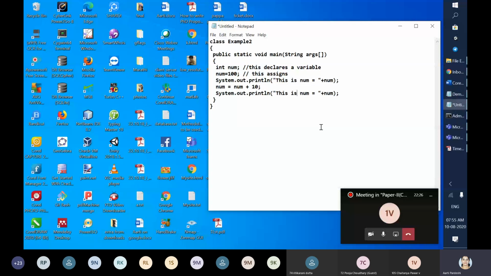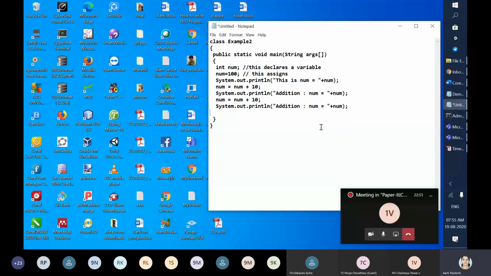So here I have performed the addition. You can write it like addition, and display what the num value will be after addition. Previously num is 100, we have added 10 to it, so now the num value will be 110. Then next is the same for subtraction, division and multiplication.